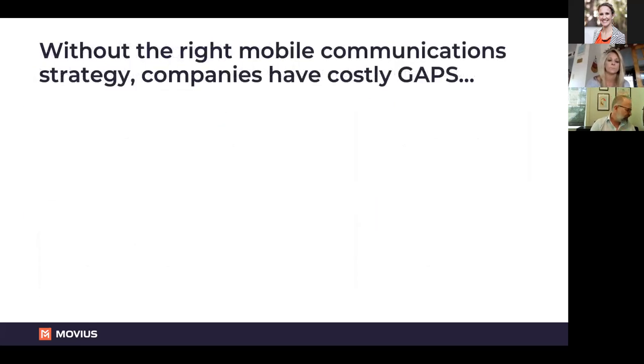So a lot of companies we found put mobile strategies in place that really accounted for maybe specific roles that traveled the world frequently, or specific regions that were more dependent on mobile. But with the world kind of all being mobile right now, we've noticed a lot of companies have gaps in some of these strategies. So number 1